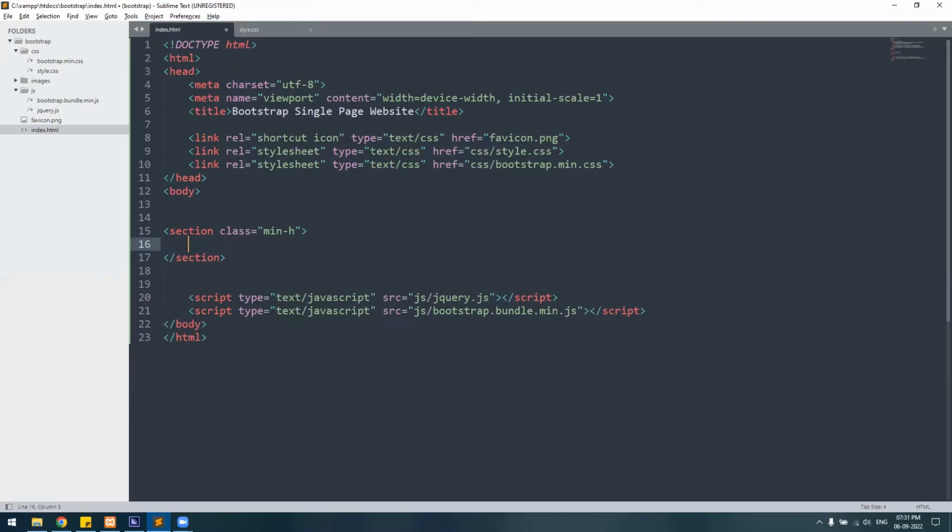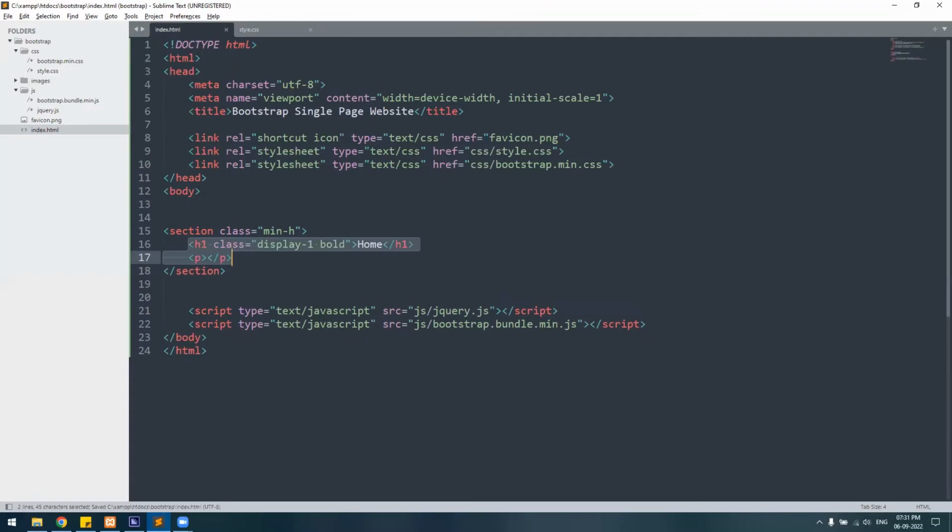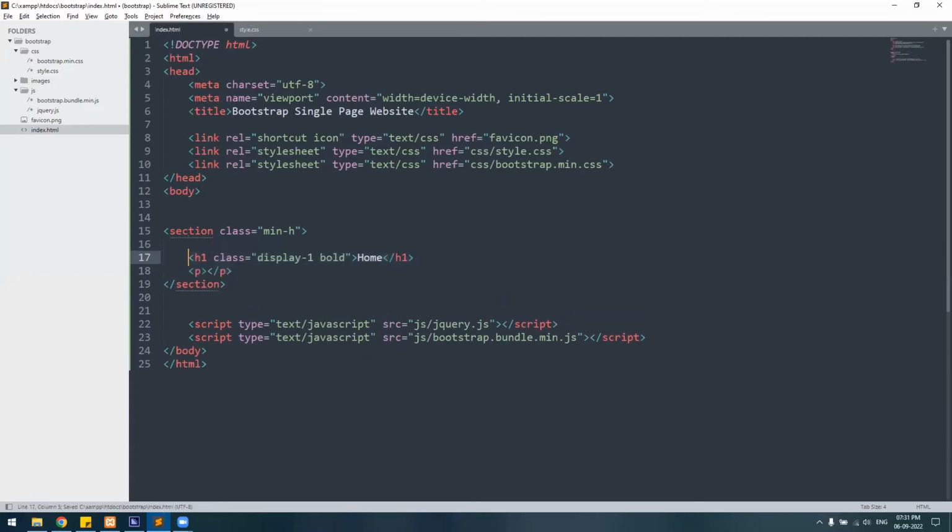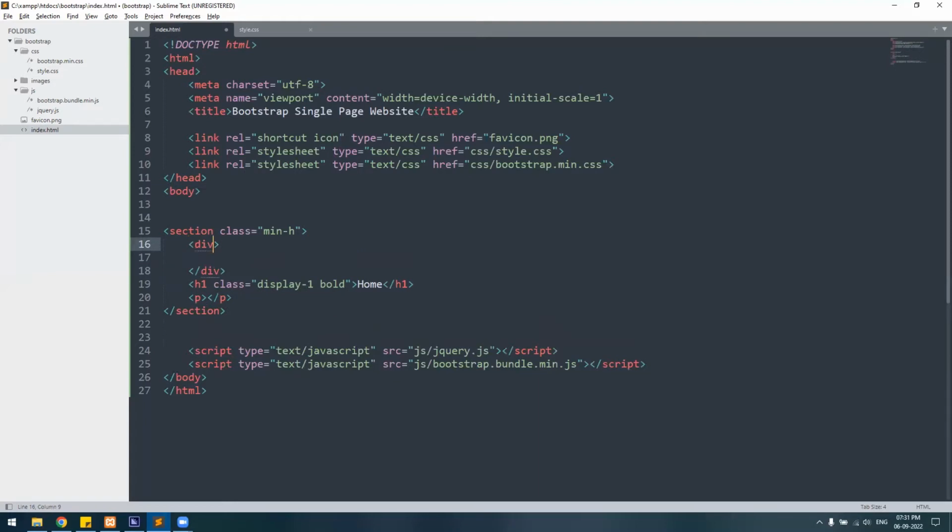So here guys, in Bootstrap there are some predefined classes, as I told you. So we can divide a section into three different types. One is container, then here comes the row, and then the columns. Columns are divided into 12 parts. So what we can do here is create a div and give it a class w-100. W-100 will make its width 100%, and